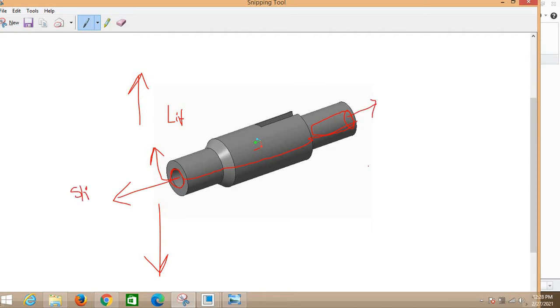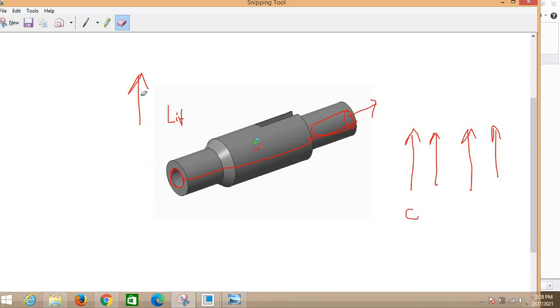Okay. So automatically the cost of the tool will increase, and the complexity of the tool also increases. Again, due to the sliders on two sides, its complexity increases. Automatically its maintenance cost also increases if anything goes wrong or if there are dimensional changes. So it is necessary to select the right parting line, or the right mold ejection direction. So here I see a slot here, so automatically my mold ejection direction is like this.